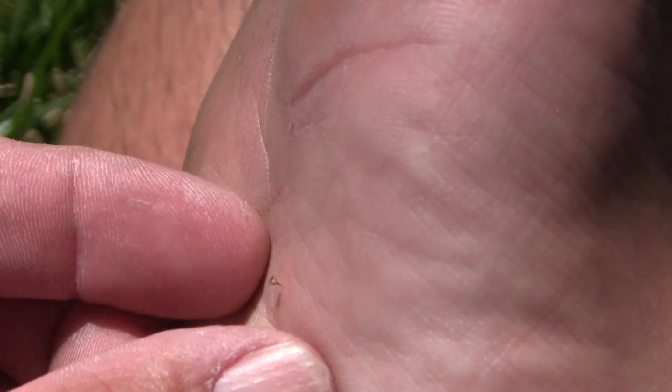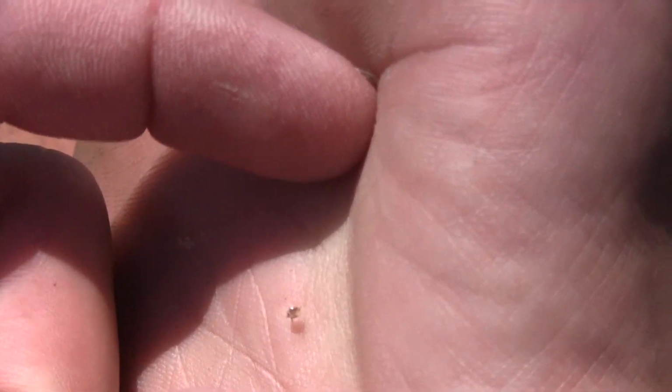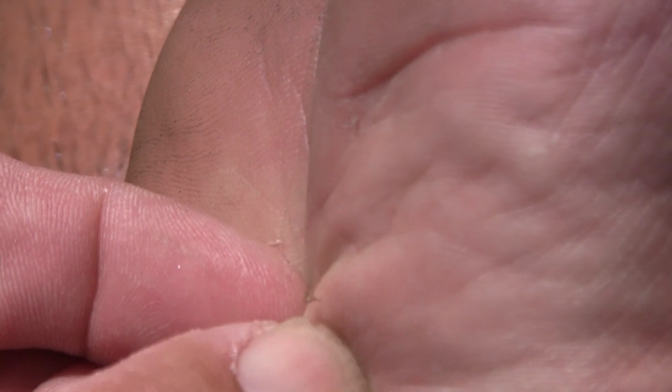Ow. What the heck is that? I think it's a bee sting, but